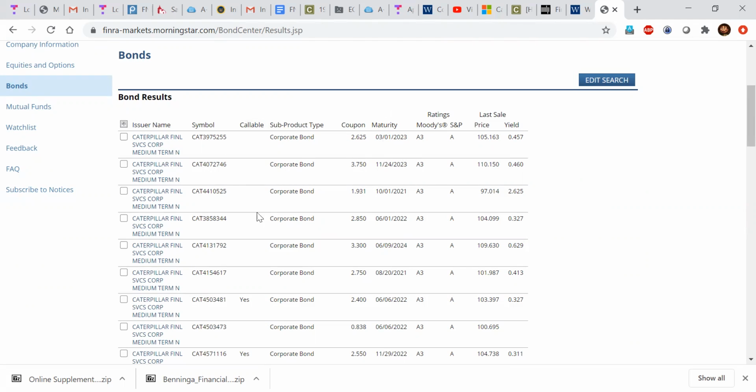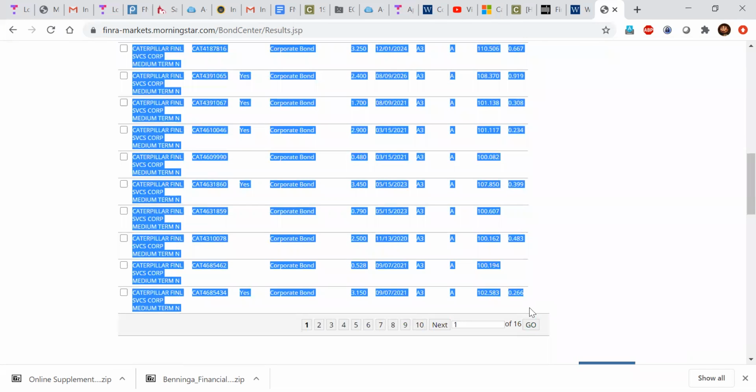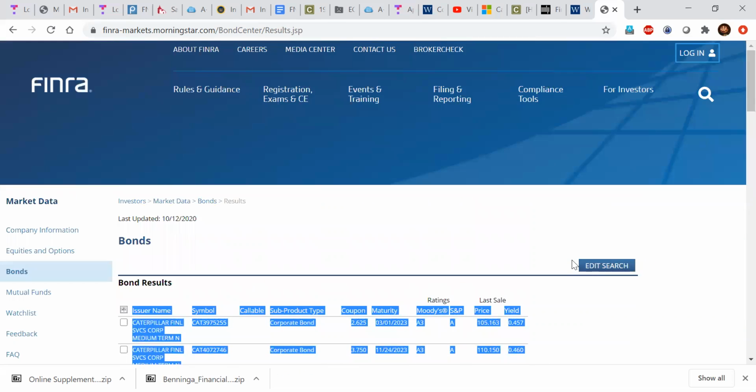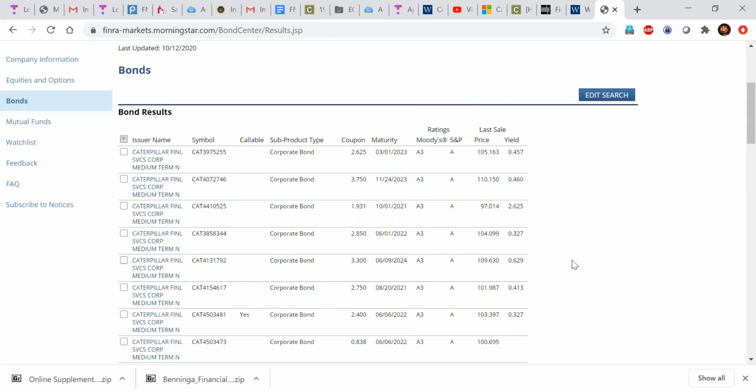So this page gives us all the information we need. The next task is to simply copy over all the information manually to an Excel work file, and then do a lot of formatting